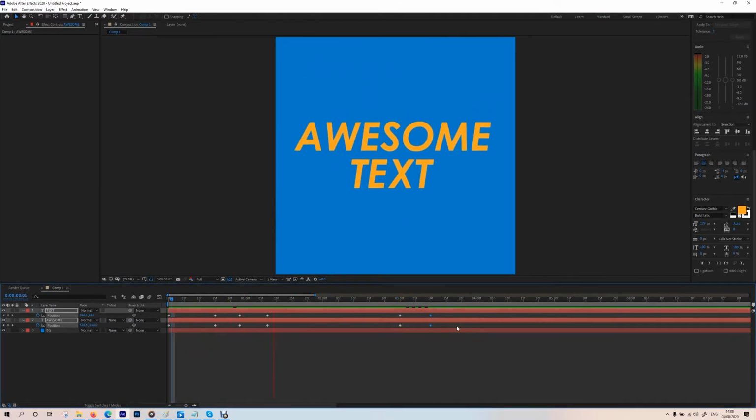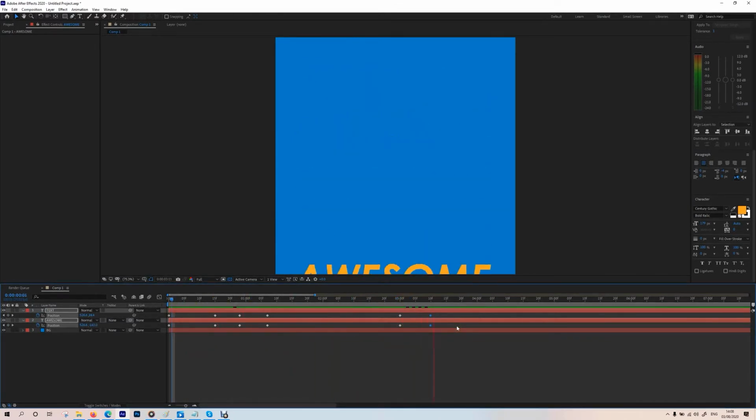So it drops in, bounces, has a bit of a hold so people can read it, drops off. Now what we're going to do here, which probably makes the biggest difference to animation, is change the spacing between the frames. That's not how quickly it will move between the frames, but how the speed is spread out across them. So we're going to select all our frames, press F9 on your keyboard,